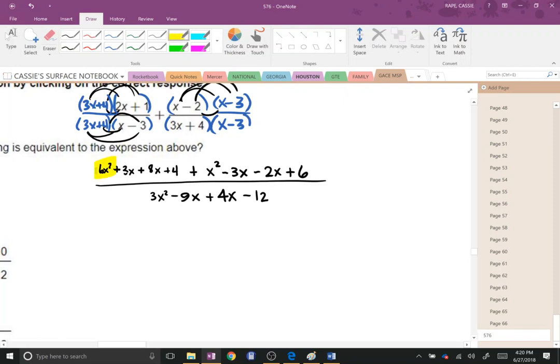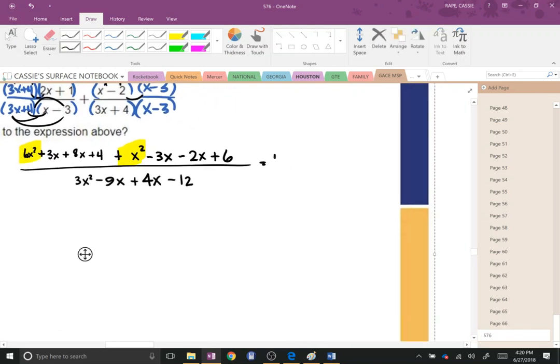So I've got a 6x squared in the numerator and a 1x squared in the numerator, which means I have 7x squared. Then I have a positive 3x and a minus 3x. That's awesome. Don't have to worry about that because they'll cancel. Then I've got a positive 8x and a minus 2x, which gives me plus 6x. And then last, I've got a plus 4 and a plus 6, which makes plus 10,